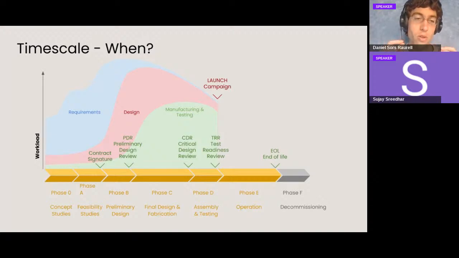So today we're going to focus in phase 0, phase A. We're going to do some requirements definition. We're going to do some preliminary designs and run some simulation and analysis. So we're going to focus in the first phases of a space mission. The